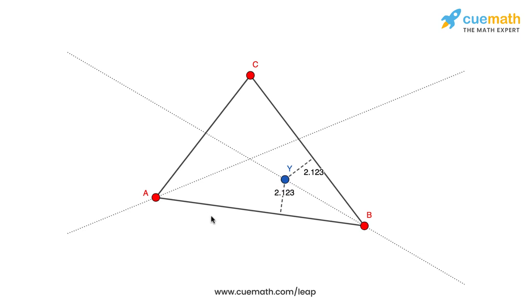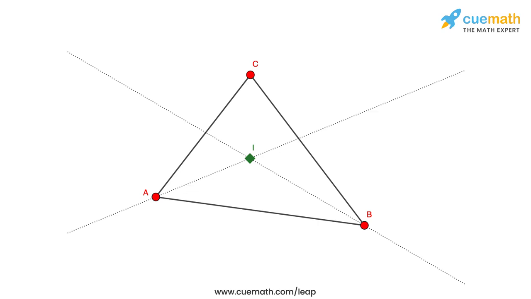Okay, so that's great. But now that brings us to an interesting point. What do you think about the point that lies on both the angle bisectors? So there's only one such point, the point I that I've shown here, that is the intersection of the two angle bisectors. What can you say about this point in terms of its distances from the three sides of the triangle?